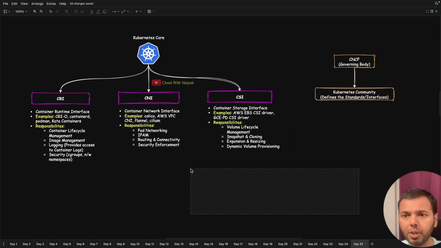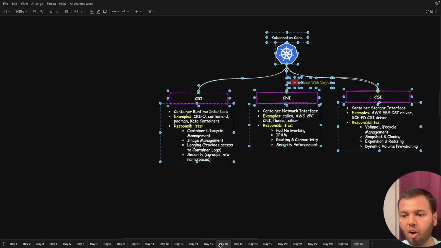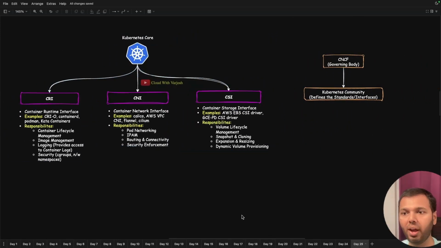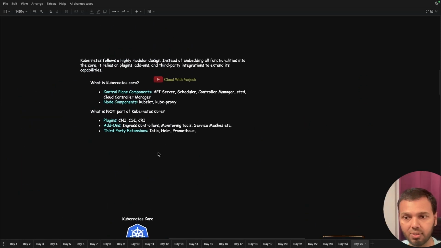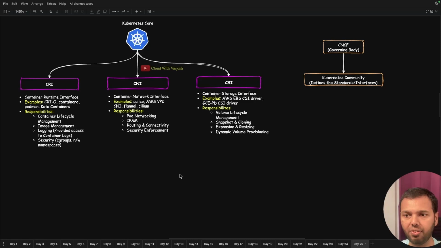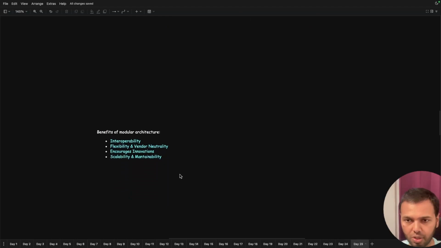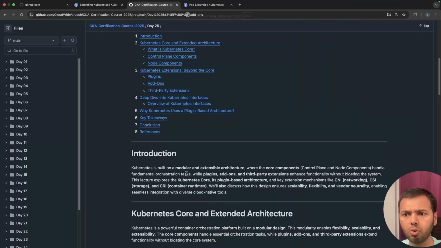So I hope you have a good understanding of why Kubernetes follows a modular architecture, why there are plugins, why there are add-ons, why there are third-party toolings. Now, there are some benefits of this modular and extensible architecture. I want to quickly discuss those benefits, and before I do that, I would recommend you also go to the